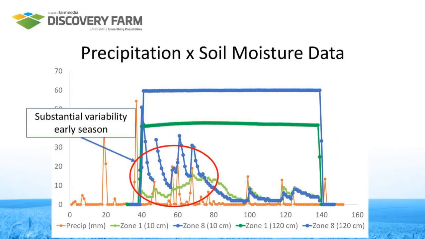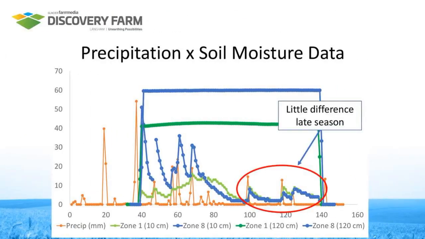So now when we bring that data all back together, a couple observations jump out to me. Number one, we do see substantial variability in our soil moisture early on in the growing season. And that would be expected. You know, we're getting those rainfall events, and of course it's going to impact the two soils differently. As you can see, the gaps between those two lines.